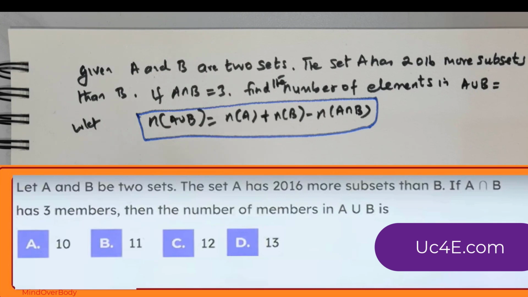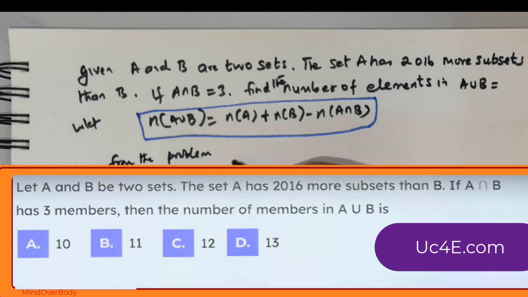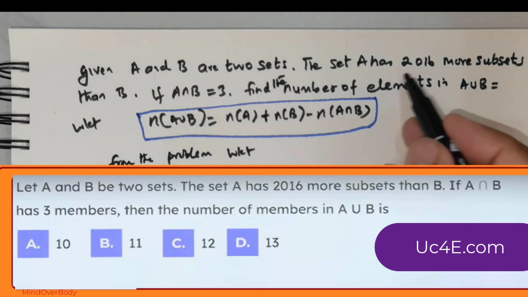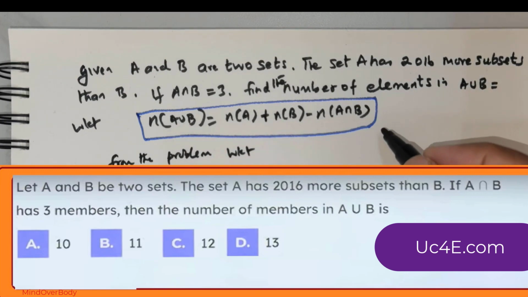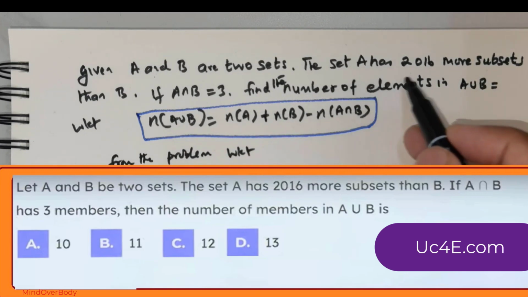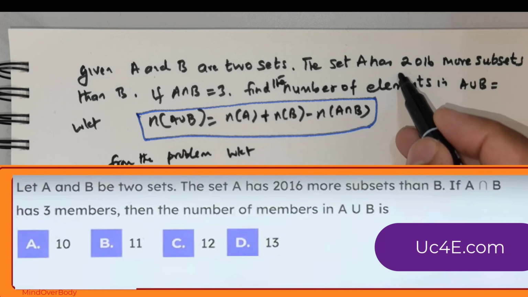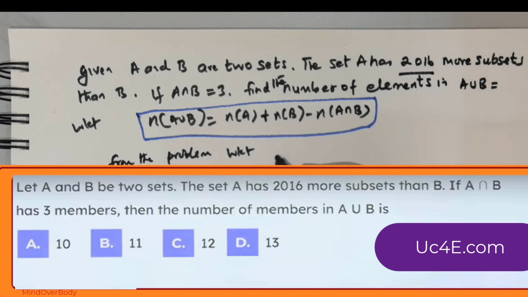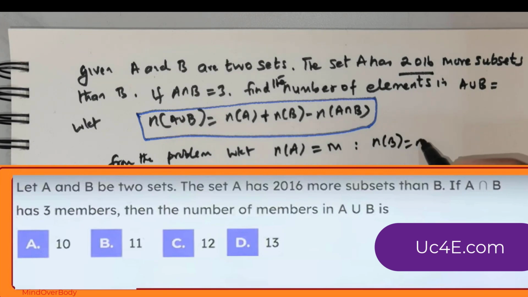So from the problem, we know that, what do we know? The number of elements, or I should say the subsets of A, is greater than the subsets of B by 2016. Okay, so from the problem we know that n of A is equal to m and n of B is equal to n, and 2 raised to the power of m negative 2 raised to the power of n